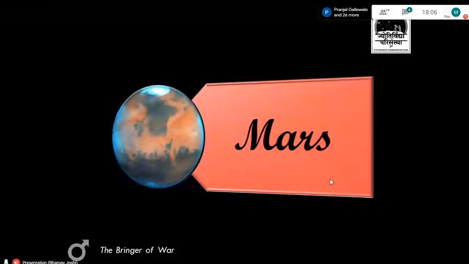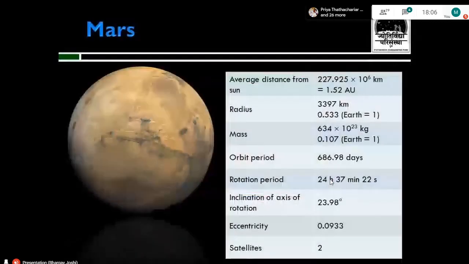Now comes the next planet, Mars, which is actually the god of war according to the Romans. So let's take a look at the parameters just in short. Now let's take a look at axial inclination. It is roughly the same as planet Earth. So on Mars, the seasons will roughly be similar to planet Earth, although the orbit period is quite large. If you can see, the rotation period is also similar to planet Earth, which is why one day we might colonize Mars for humans.